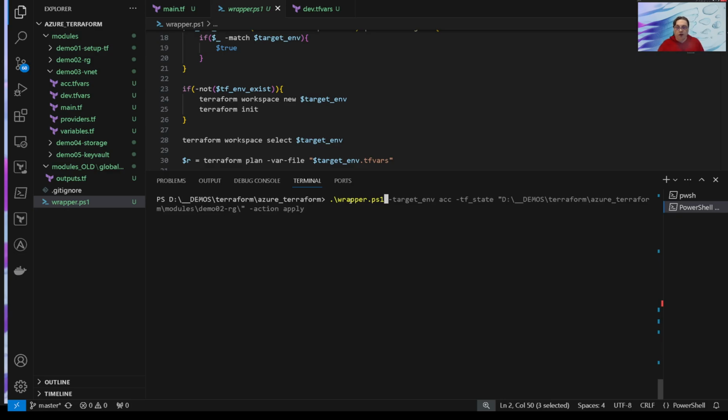And what we do now, again, we go to target. And now we target, I think it's this one. Demo 03 VNET, yes, that one. Status and apply. And we're going to target the development environment. Okay, and if we go to Azure,